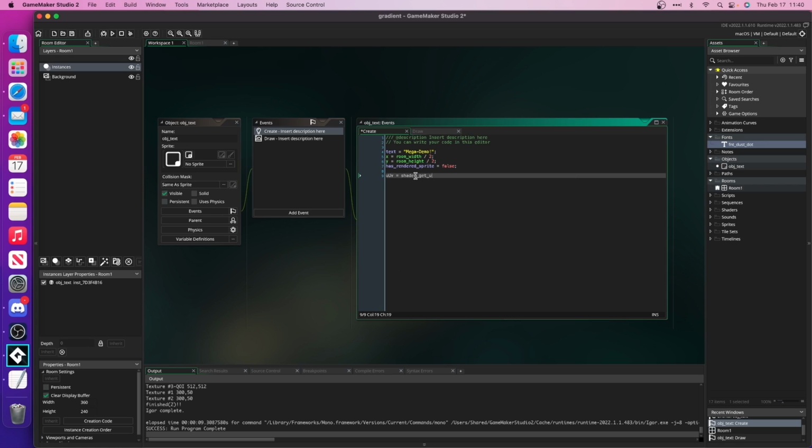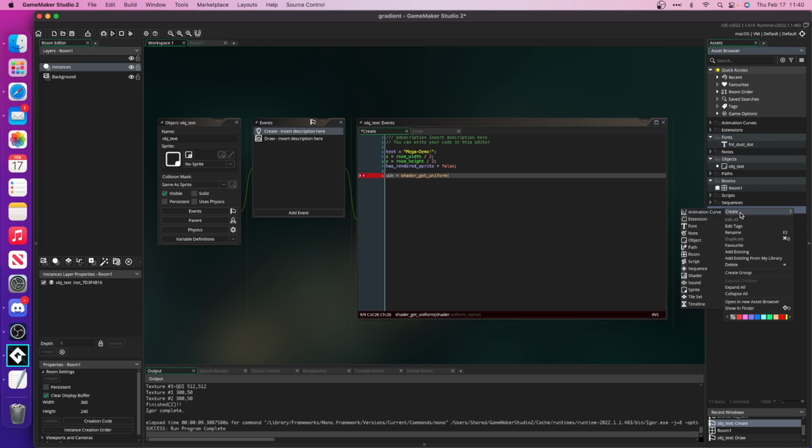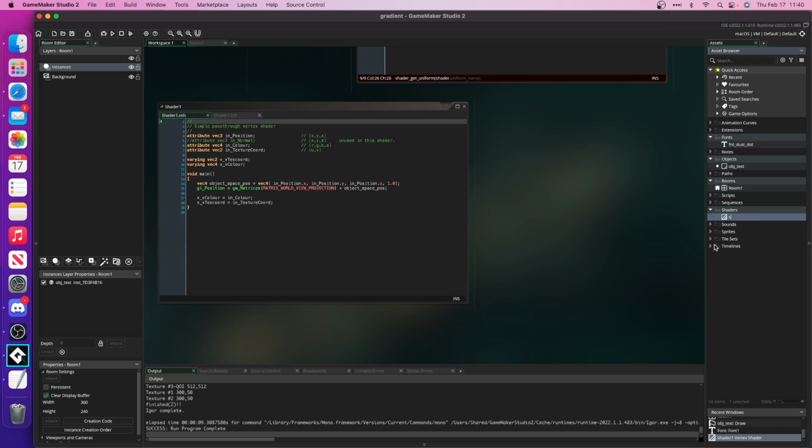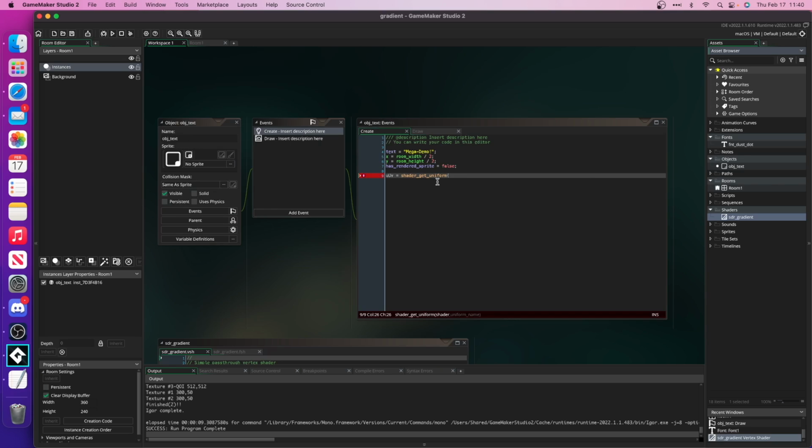So we're setting up a reference to a variable inside the shader. Gradient. Oh, we haven't created the gradient yet. Let's create the gradient quickly. We're just going to use the pass-through gradient initially. So we're just going to give it a name, shader gradient. So we don't need to do anything in there. We'll come back here, shd gradient,